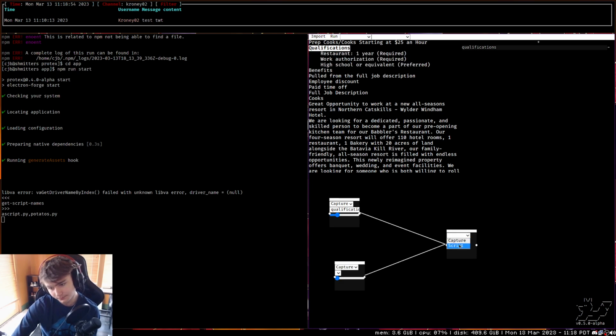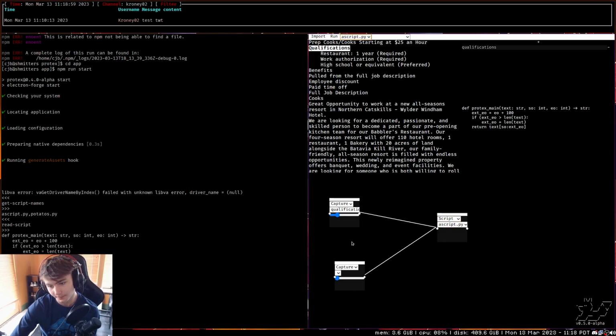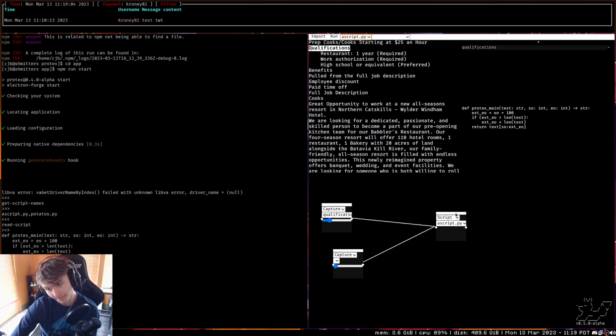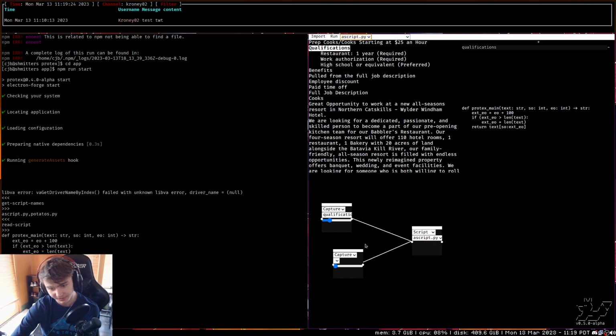And right now, base functionality wise, I just want to get multiple captures feeding into a script. I'm not really enforcing any rules about what needs to go where, but I will do that as soon as I get it working. As soon as I get a configuration generating through the packager and then running with the extractor, once it's compatible, we'll start enforcing what can go where,